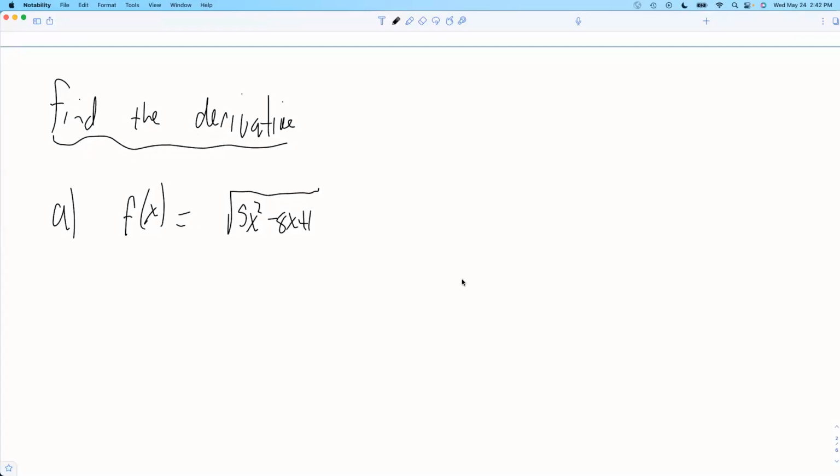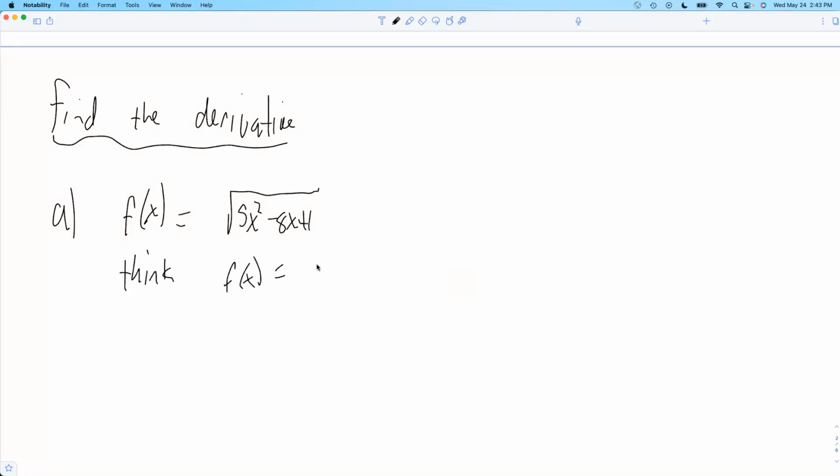Okay, now let's take a bunch of derivatives. So I've got this guy here, f of x is the square root of 5x squared minus 8x plus 1. I want to find its derivative. Anytime you have any kind of radical, rewrite it as a rational exponent. So before I even start taking derivatives, I want to think